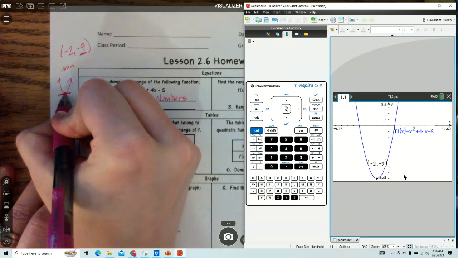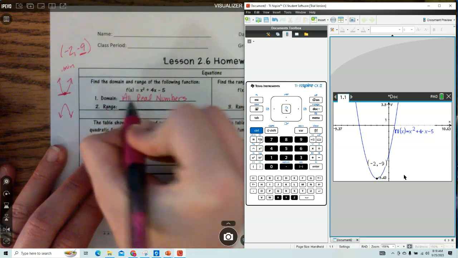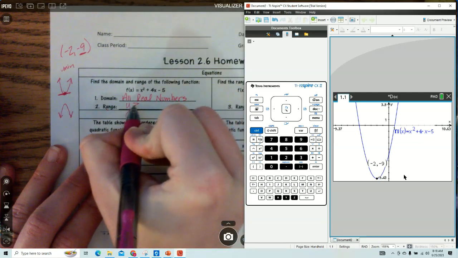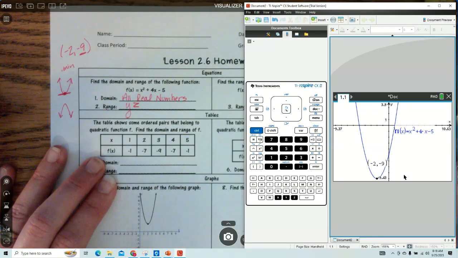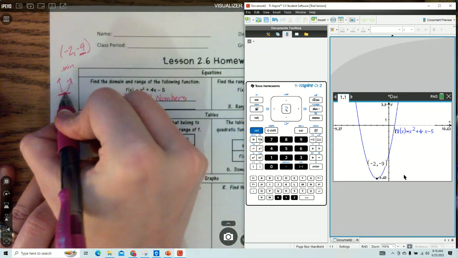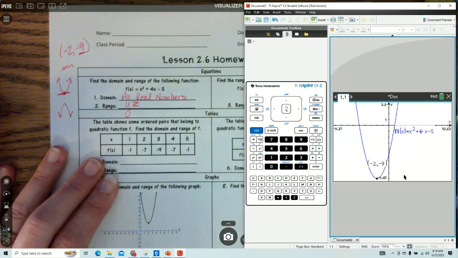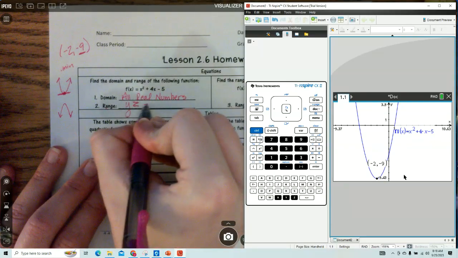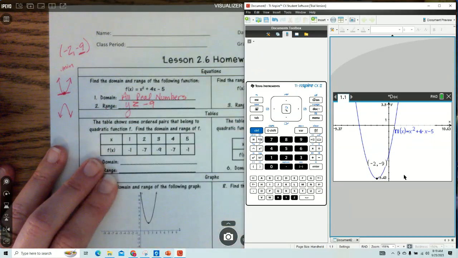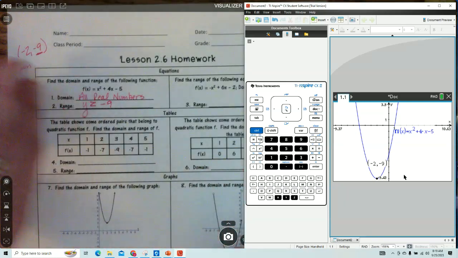And remember what I told you Friday, if your point that you're using is in the middle of the graph, you're going to use the greater than or equal to, the sign with the line underneath it. Okay? So if your point that either starts your range or ends your range is in the middle of that line, it goes all the way through it, you use the sign with the line underneath it. And then it's just that value. Okay? So if we've got one like the next one,